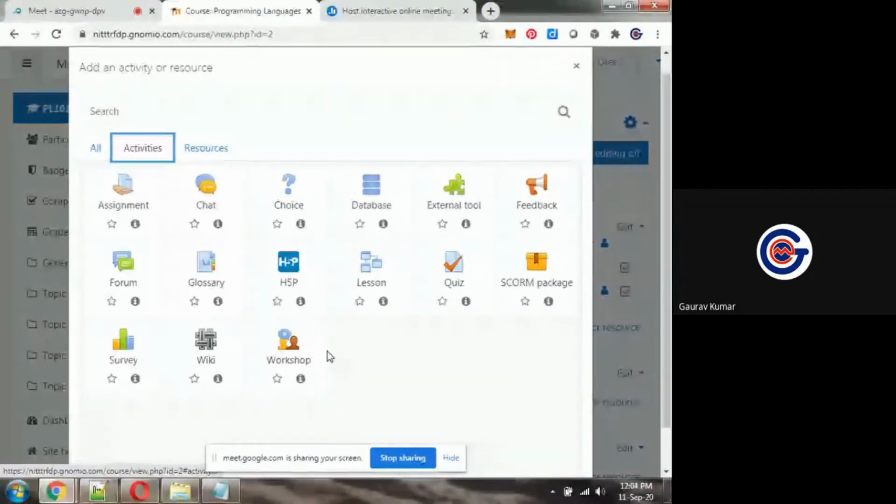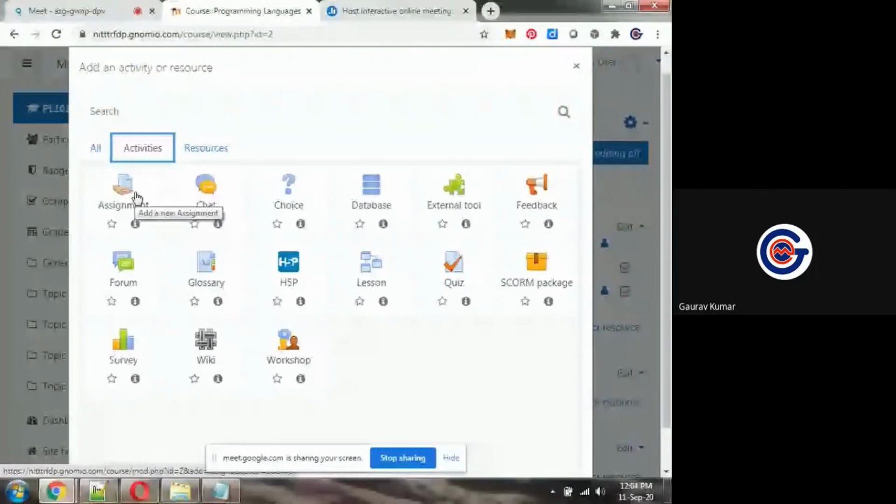Assignment is a multi-way communication because the teacher will give the assignment, students will respond to that assignment, the teacher will grade that assignment, the student will view the grading that is done by the teacher, and in this way other assignments can be uploaded. So we will see it.